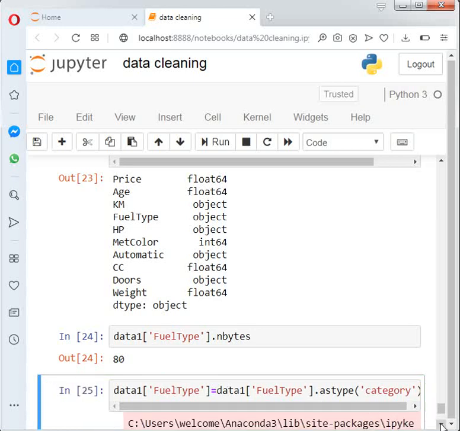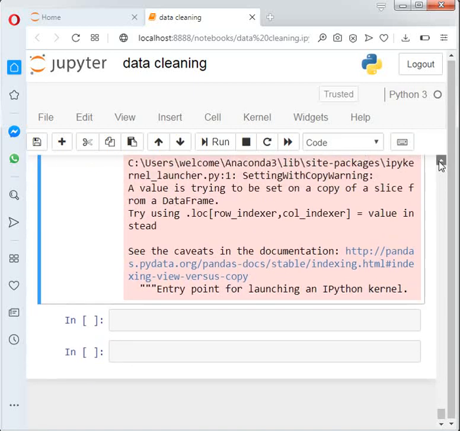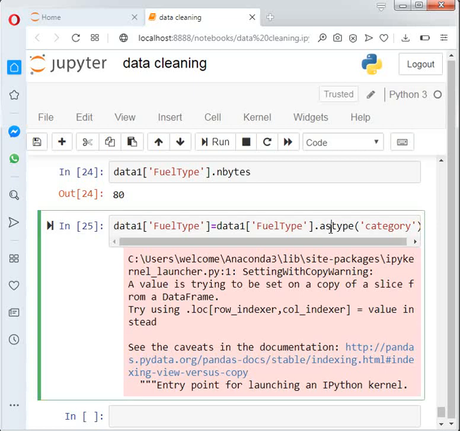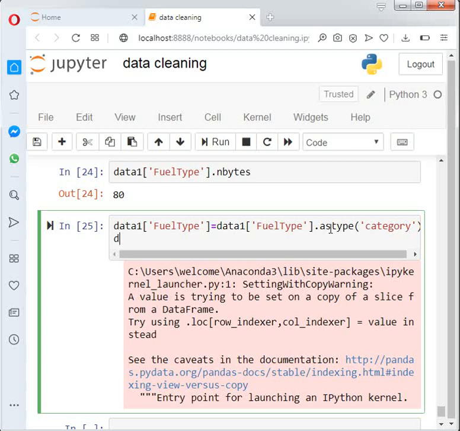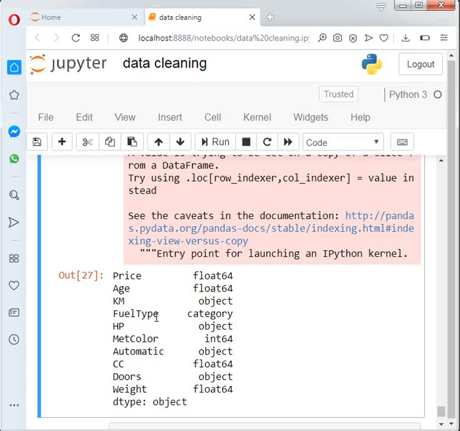Execute it. Is there any error? No, so it's converted. Then I check data1 dot dtypes: fuel type is now a category type, you can see here.